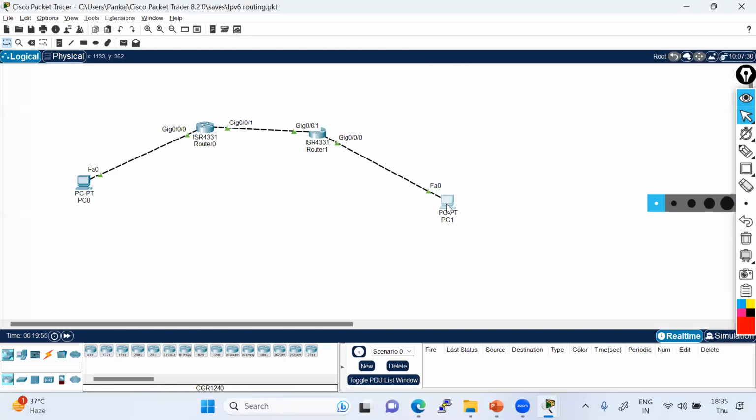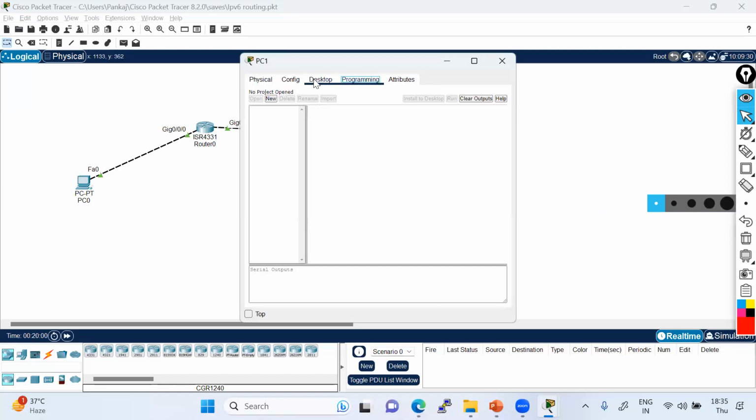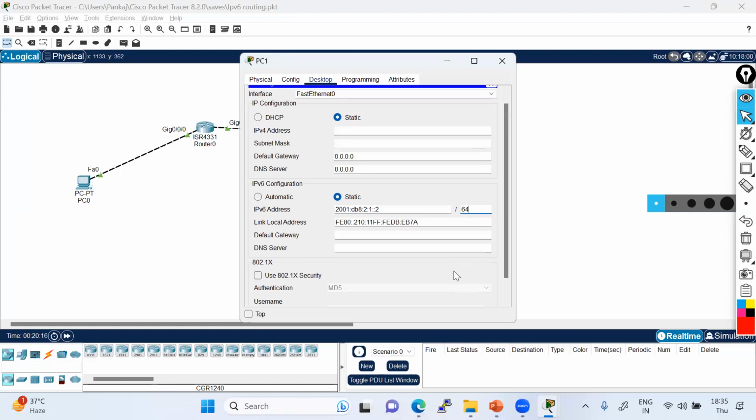Now I'll go in the PC, the desktop IP configuration. I will go in the IPv6 and I'll put here the address as 2. Okay, and the prefix length 64 should be here. So I'll put the 64 here, and that's all.